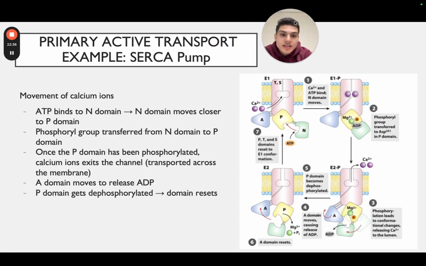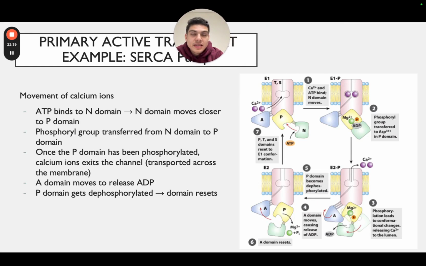And then here is this thing called the SERCA pump. SERCA pump is the sarcoplasmic endoplasmic reticulum calcium pump. So what that means is in the smooth endoplasmic reticulum in the muscle cells, calcium is stored inside of it,